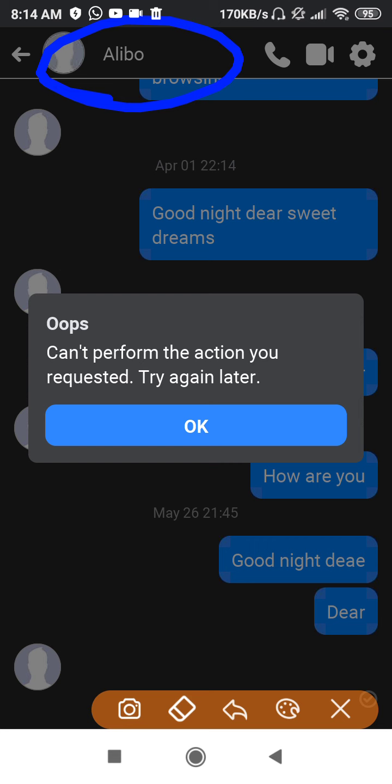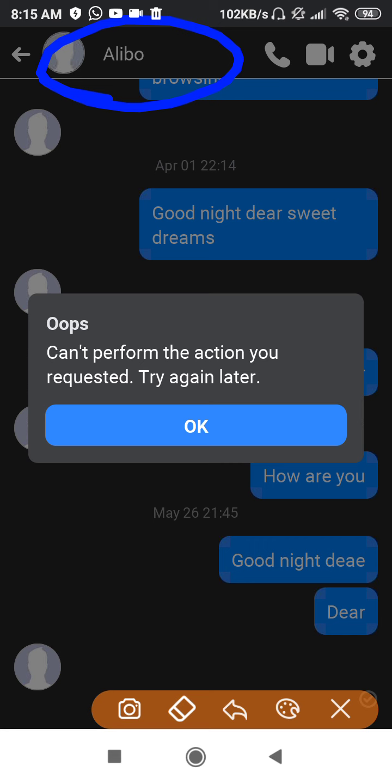Neither did she block me, nor did she deactivate or delete her account. What happened is that something happened from Facebook. Facebook did something to her account, and then this problem occurred, and now she cannot use Facebook.